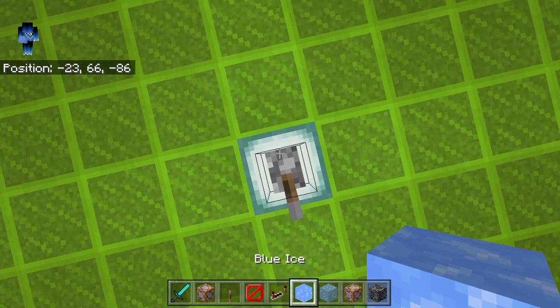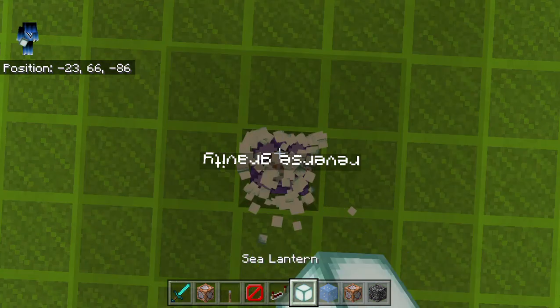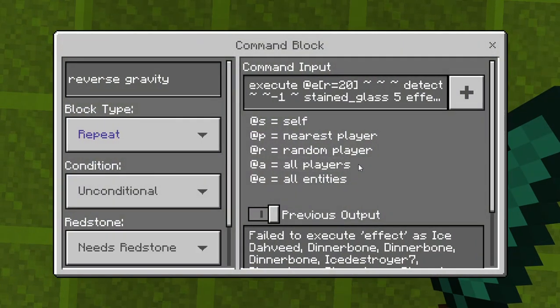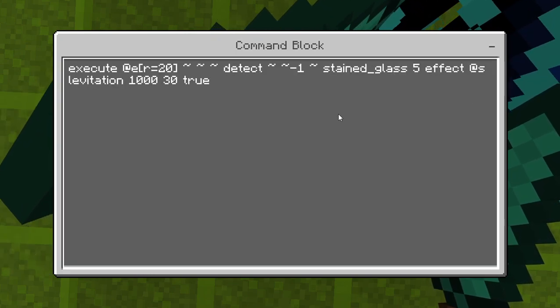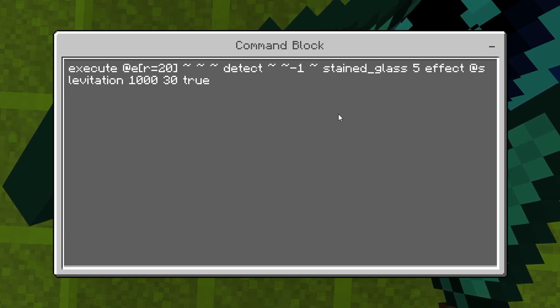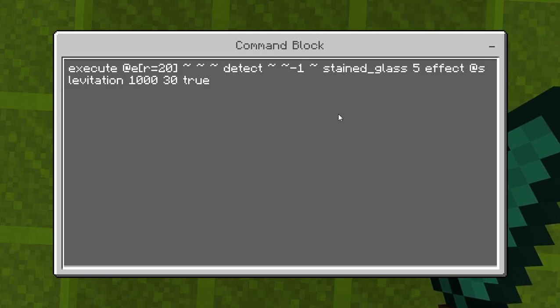Here we go. Okay, right here. So, this is the command if you want to make a similar effect. Execute at @e, radius of 20 blocks, tilde, detect, tilde, -1, tilde, stained glass 5, effect @s levitation 1 030 true. Now that basically makes that effect,